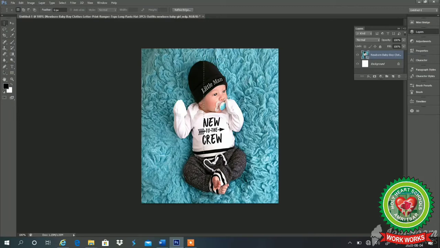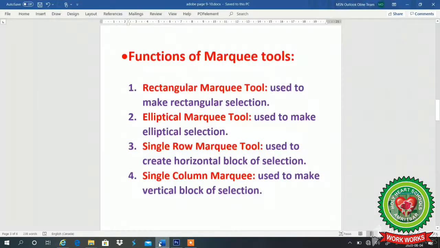See, the picture is divided into vertical parts with this dotted line. That is for the single column marquee selection. Clear, students? As per our requirement, we can use any one of the options of the marquee tool.